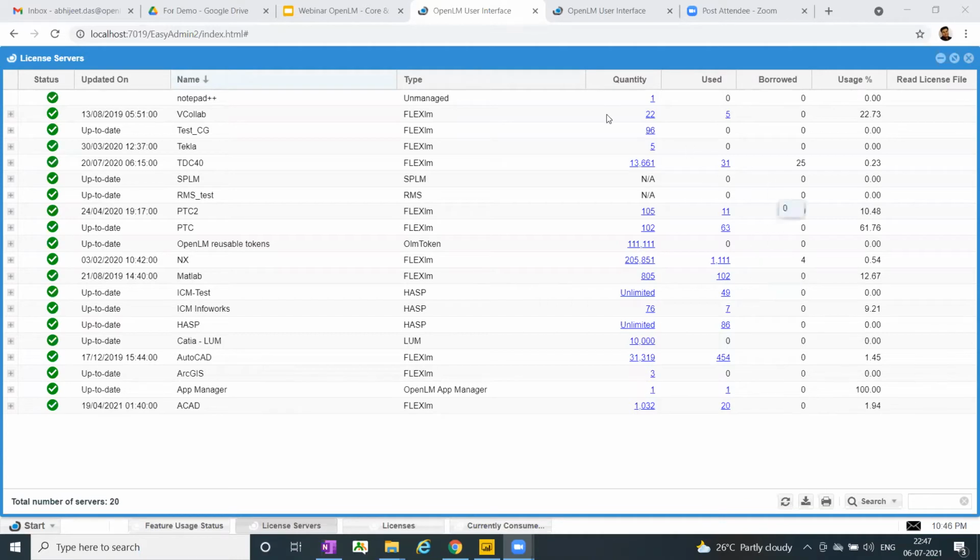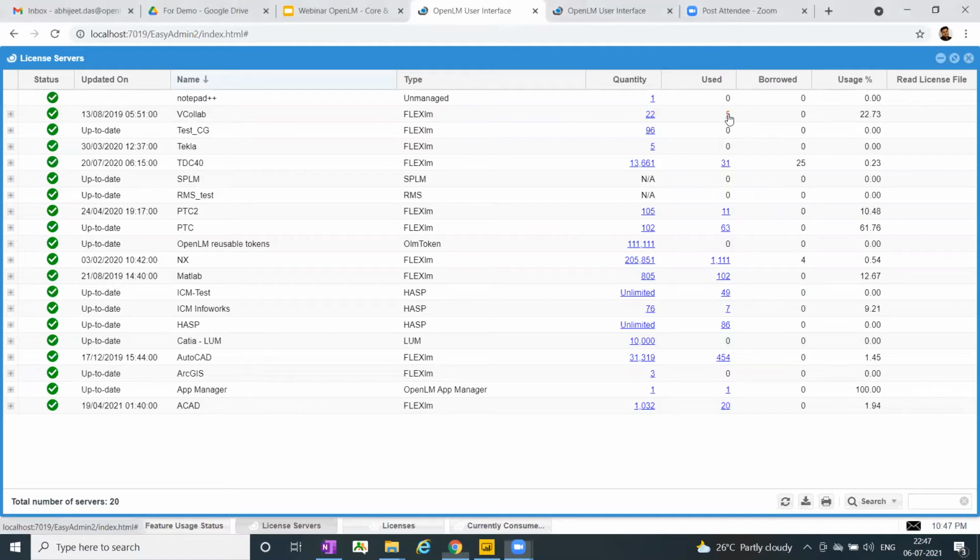So in this dashboard, if you see here, we do see some links with the numbers. So for example, for the vCollab application, I see 5 licenses in use out of a total of 22. So what if I want to know who are these 5 users who are using the licenses?